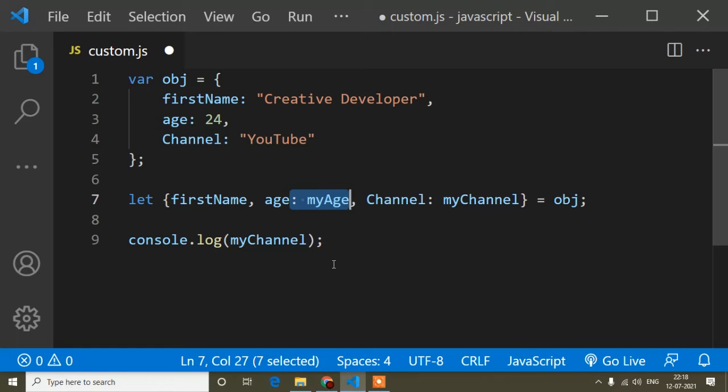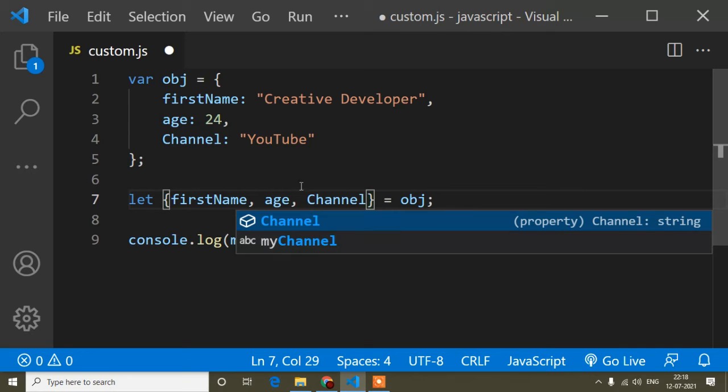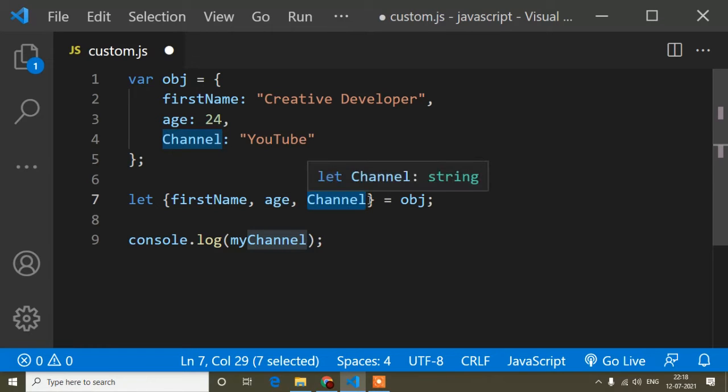This is one method for object destructuring. The other way is to write only the object property name, and that will also work. Here you can see I haven't created any instance. I have written only the property names: first name, age, and channel.